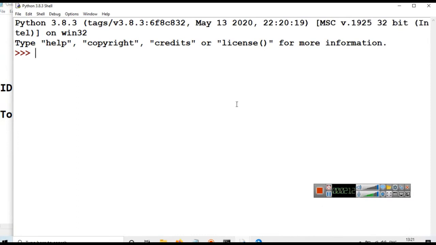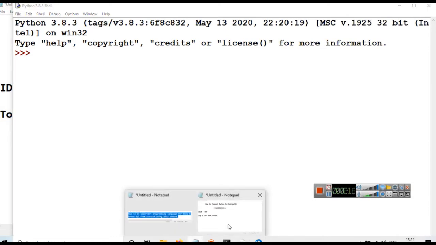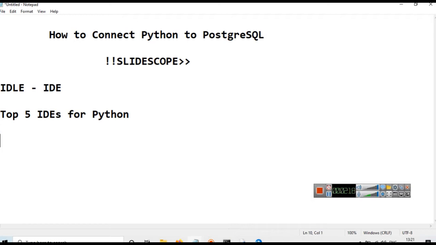Now if you have to connect PostgreSQL with Python, you have to install a package, a library or a module, and the name of that module is psycopg2.